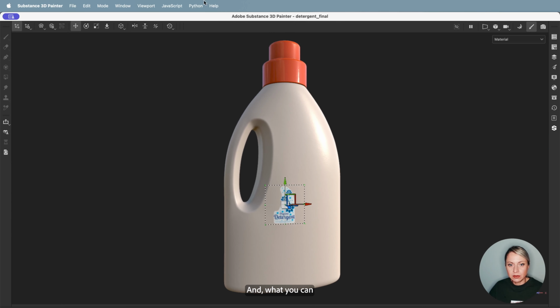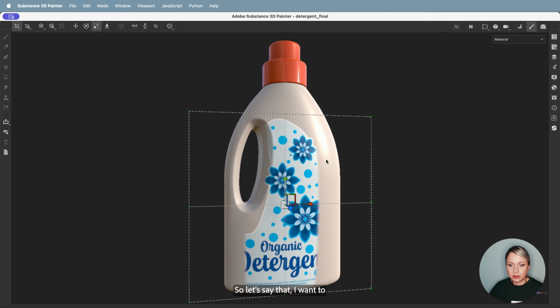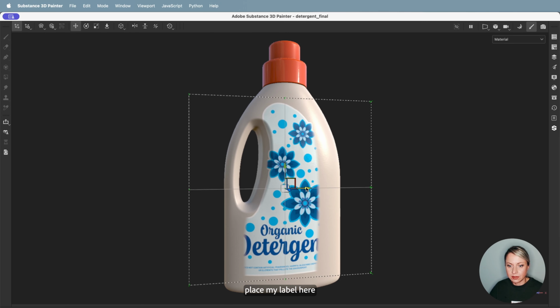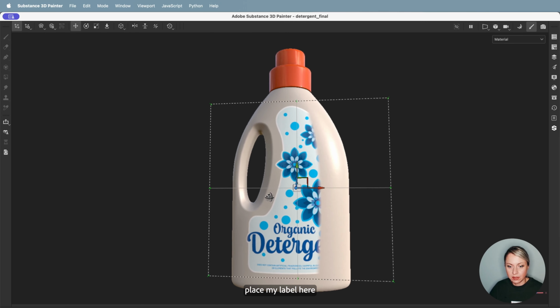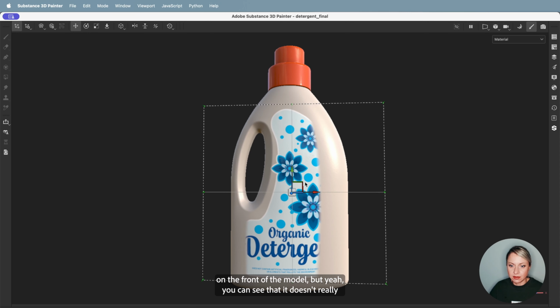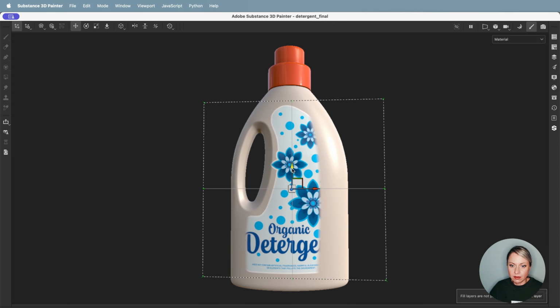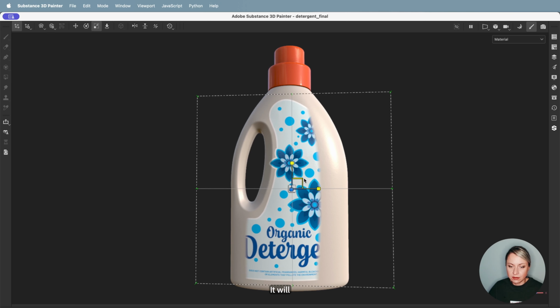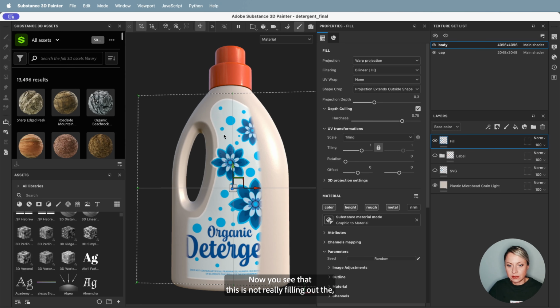And what you can do is that you can just place your label. So let's say that I want to more or less place my label here on the front of the model. But yeah, you can see that it doesn't really match just yet. It will take some tweaking. Now you see that this is not really filling out